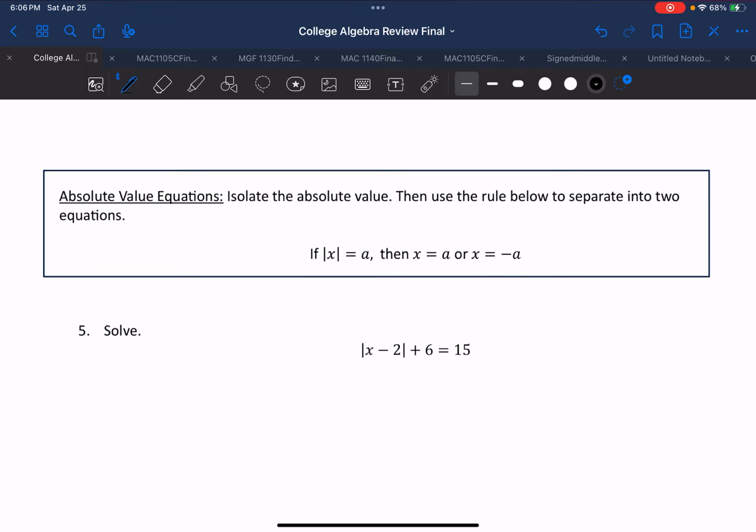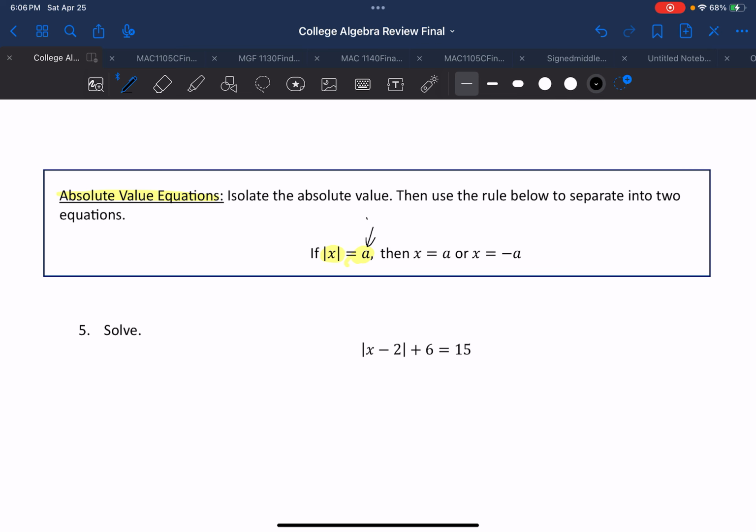The next one is solving absolute value equations. So to solve an absolute value equation, we are going to first isolate the absolute value, get it by itself, and then use the rule below to separate into two equations. So remember, if I have the absolute value of an expression and it's equal to A